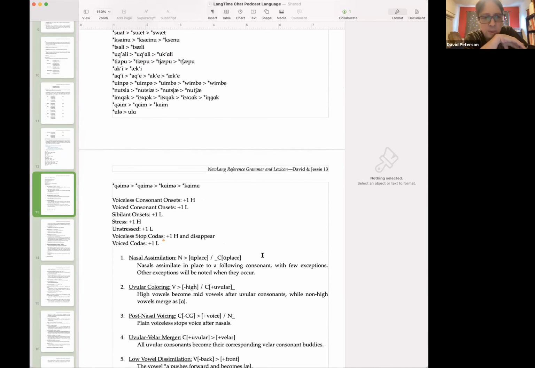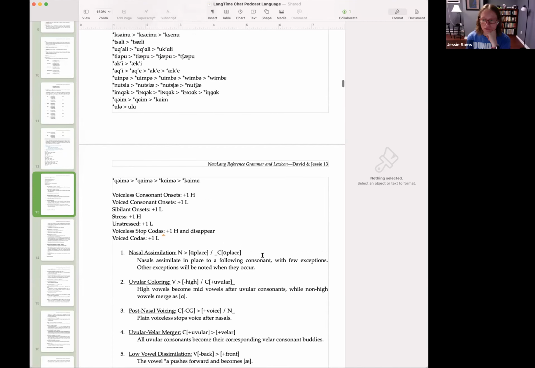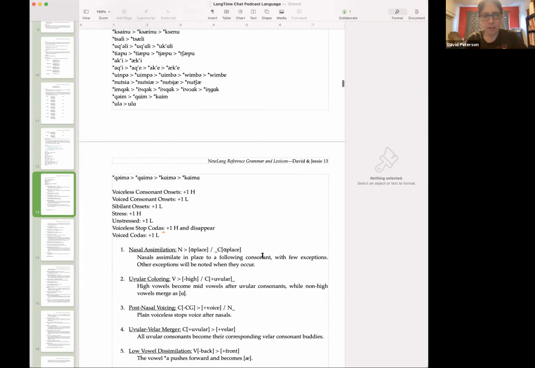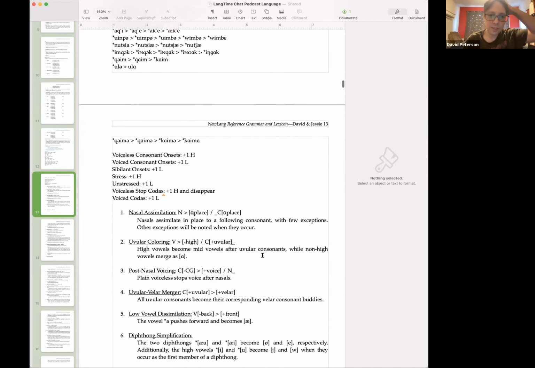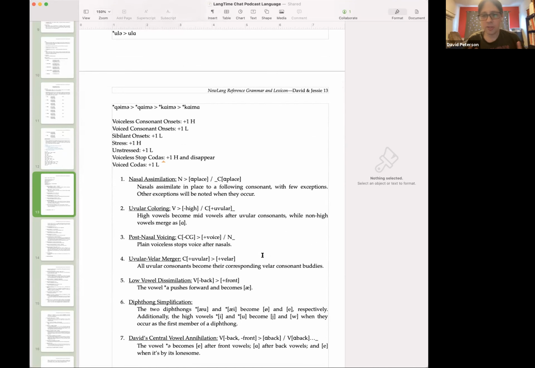Okay, so they're not ordered with respect to each other, but I think it should come after the uvular velar merger. Because what this is essentially saying is that distinctions are collapsing here. This is the distinction-collapsing phase of this language, or rather the distinctions are being shifted from one area to another. And so that's why I think it should go there. And maybe the uvular velar merger can be what kicks it off. That is my thought. What do you think? Right. Okay. Cool. I like that.